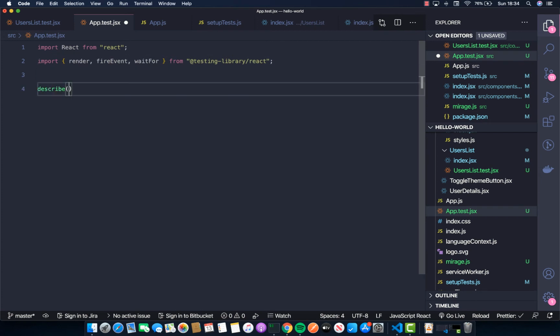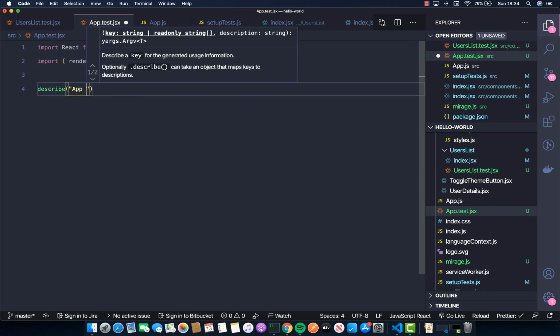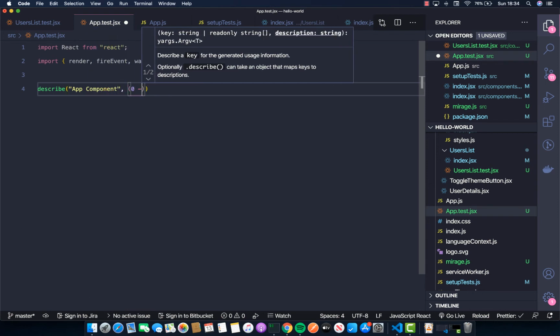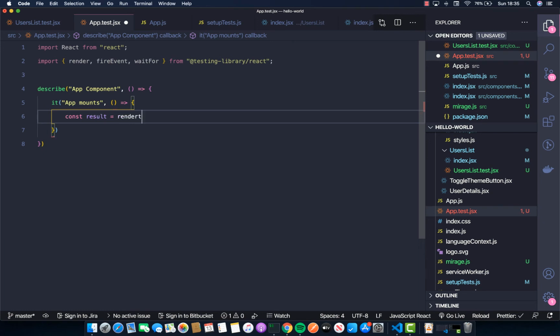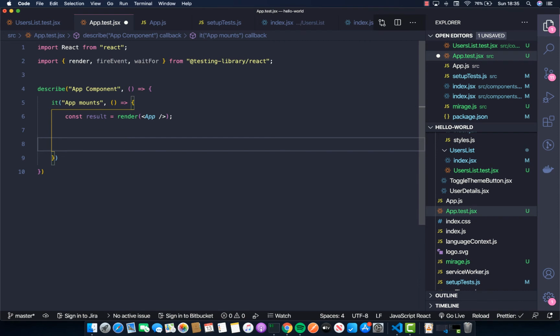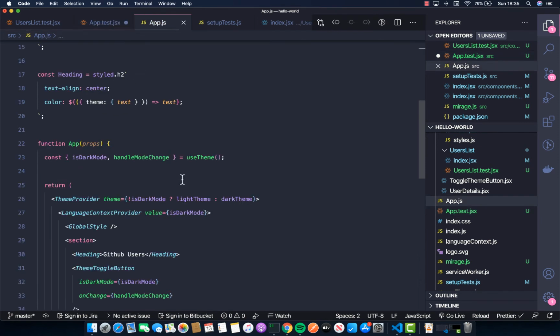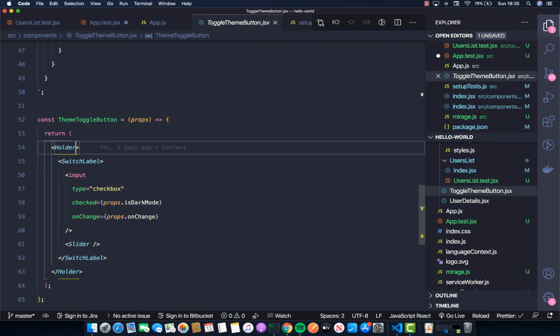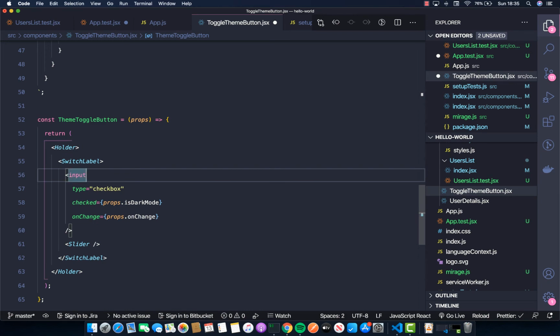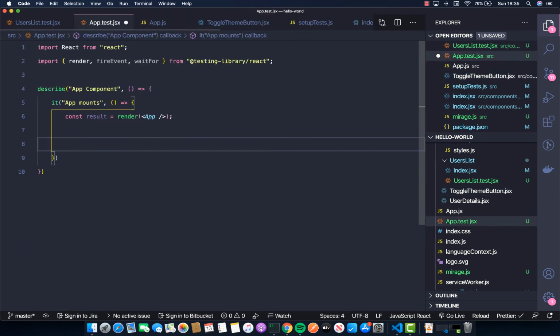And let's say describe app component. And let's write a first case, app mounts, and so it equals render our app. And let's get a reference, let's get a hold of this theme toggle button component. And let me provide a data test ID to the input checkbox, or maybe not. Let's explore some other APIs of this